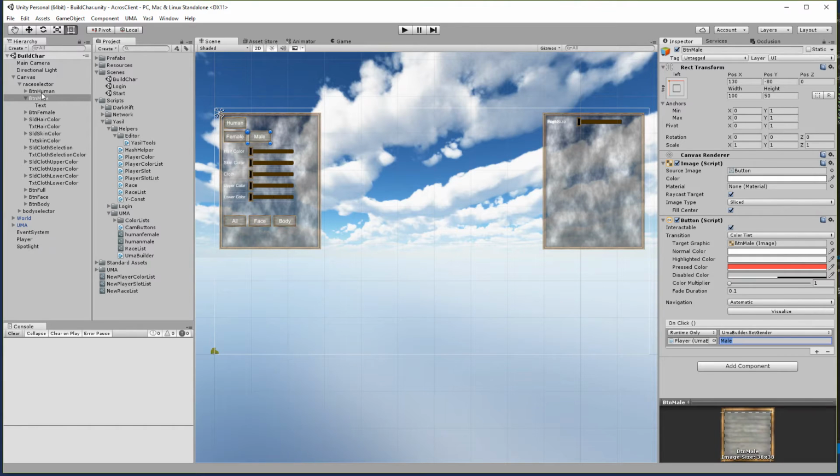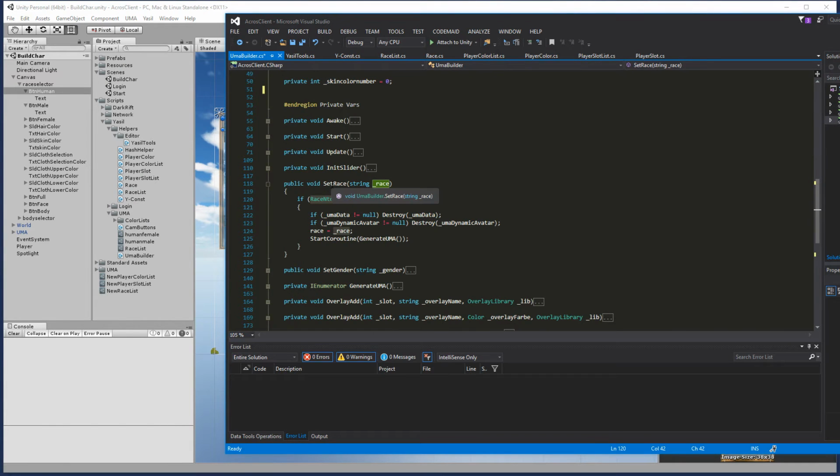And on the button human we got the same. We go on set race human. So if you go in for the function set race,